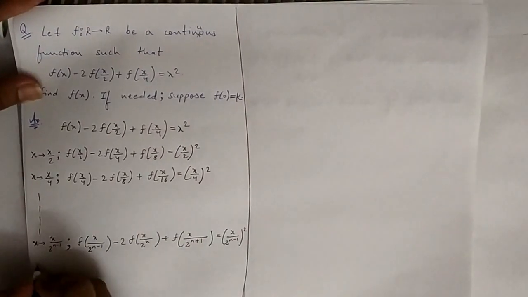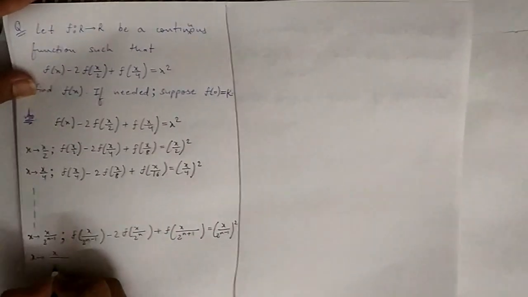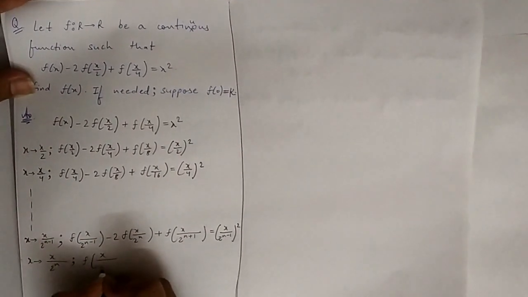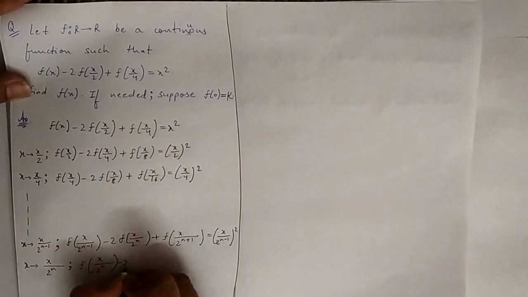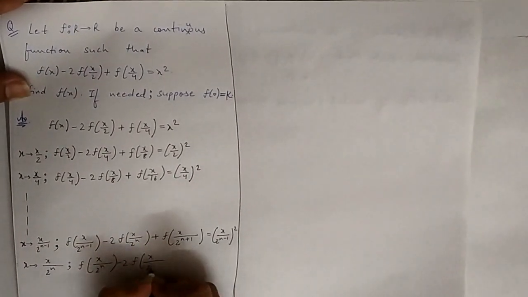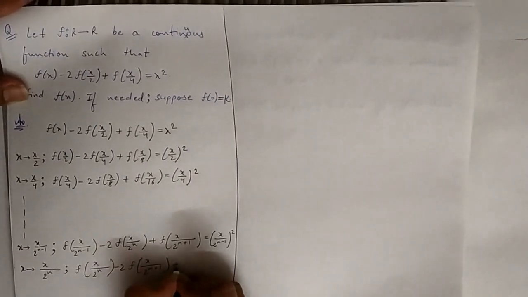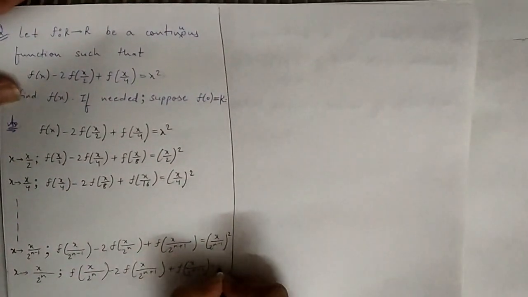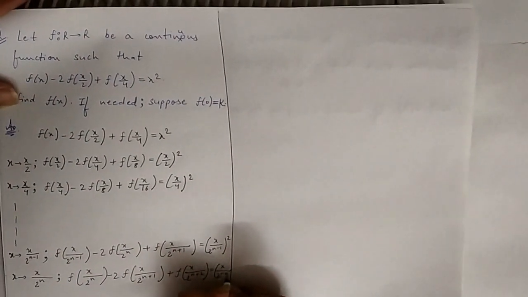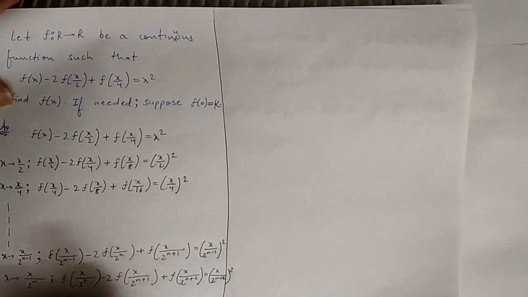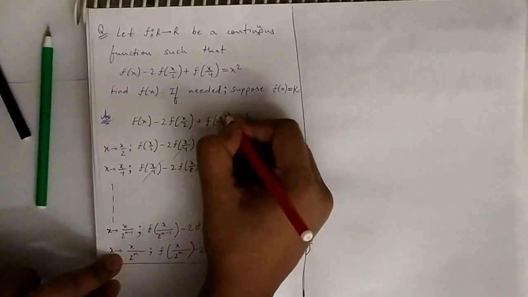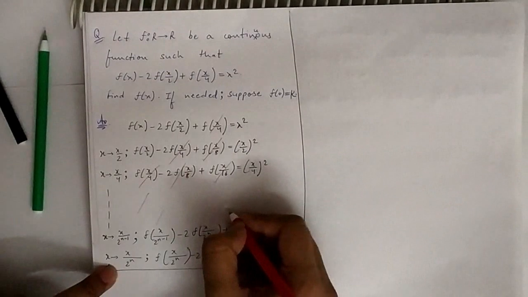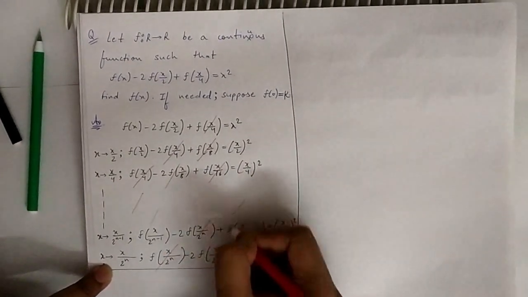Okay, and finally substituting x to x upon 2 to the power n, we get f of x upon 2 to the power n minus twice f of x upon 2 to the power n plus 1 plus f of x upon 2 to the power n plus 2 equals x upon 2 to the power n whole squared. Okay, now we will add up all these terms and let's see. Now you can see that the terms are being cancelled in the same manner. So after analyzing,